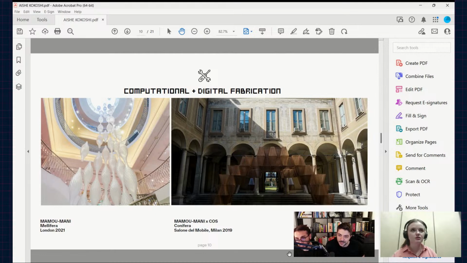We could print like 700 pieces in 4 months, so we accelerated the time and reduced the use of material. And what is the material here?